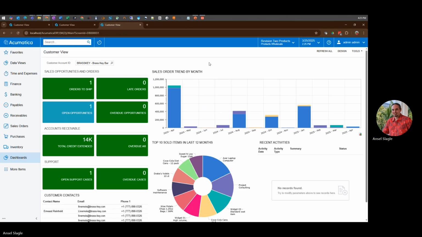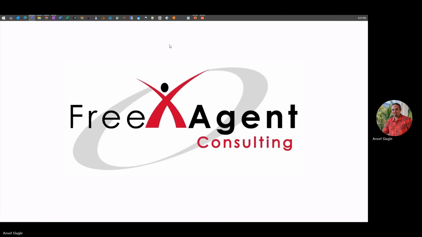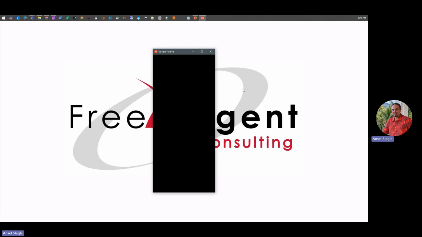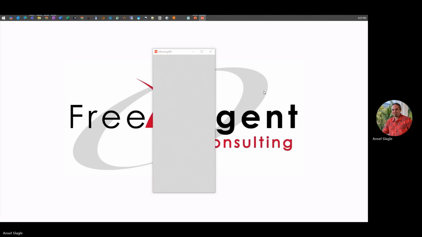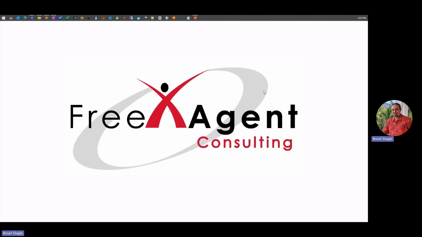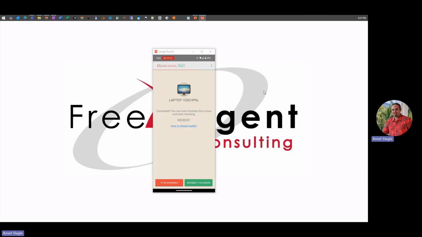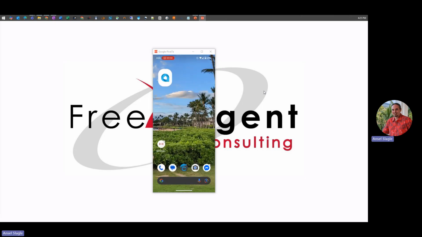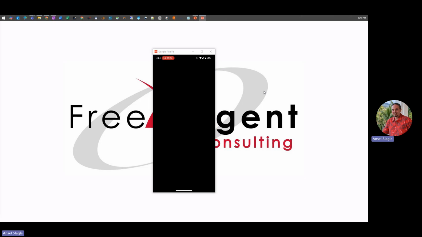Okay. So now let's move into the mobile. Okay. Get that screen up here. There it is. Minimize the screen. Seems to have disconnected, so let's reconnect it again. Here we go. Minimize this. Okay, so on a phone,